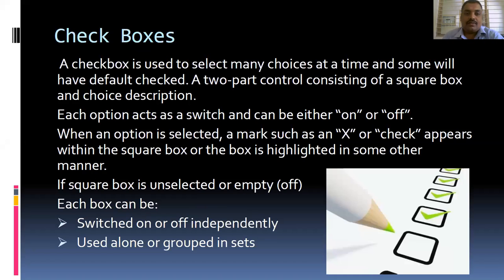Come to the checkbox. The checkbox is used to select many choices at a time, and sometimes a default has been checked. A two-part control consisting of a square and a choice description will be there. For example, when you are booking a laptop online and not selecting any option,